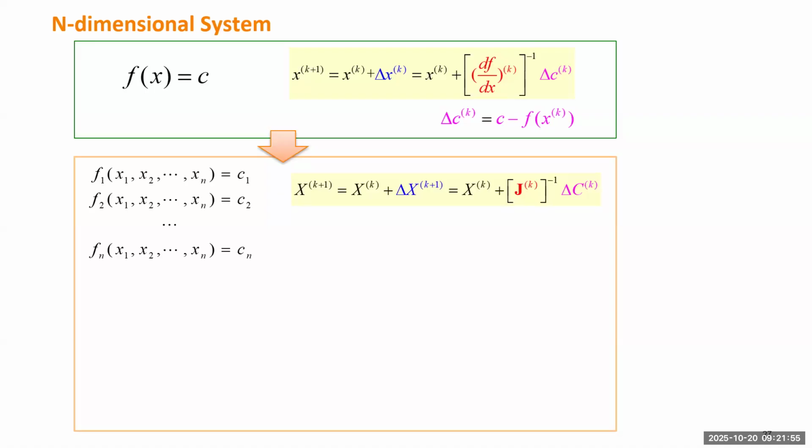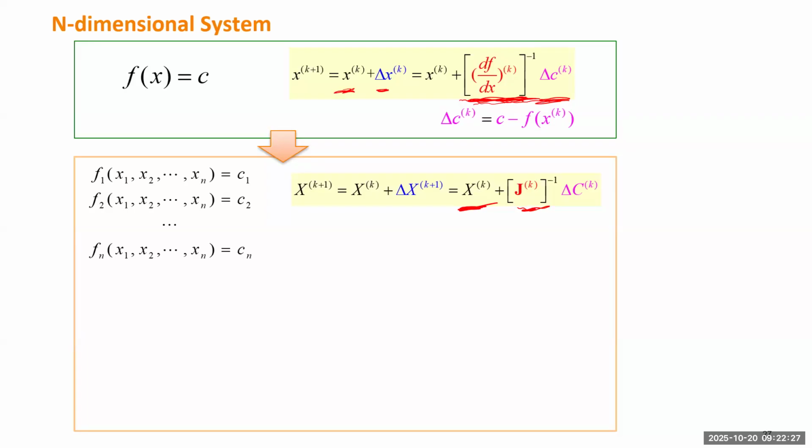Then the iteration formula, compared to the original for one dimension. At iteration k, we need to find the updated value. The updated value is calculated by the inverse of the slope, or the reciprocal of the slope, multiplied by the gap of the function value. So here, if we generalize this formula to an n-dimensional system, we have a vector at iteration k, plus